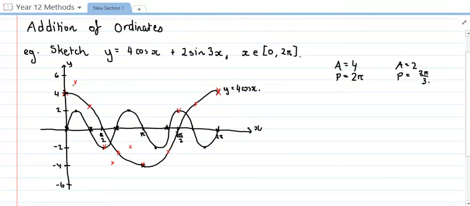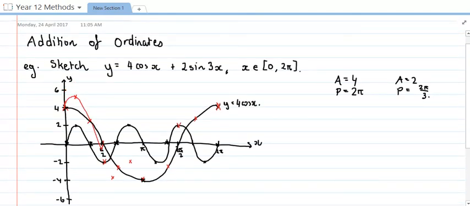So you can kind of see the shape that this is forming, like it's going to go up here and down here, and it's going to come down through here, and it's going to come up here. Now, this is where it gets a bit tricky, so it's going to come